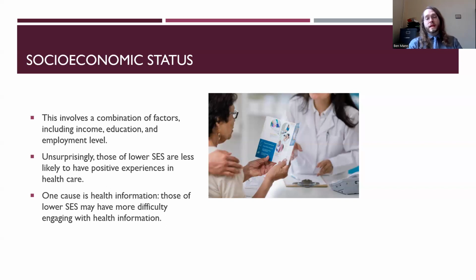So one issue related to this is health information. Those of lower socioeconomic status oftentimes have greater difficulty engaging with health information. It isn't that people aren't intelligent or not able to understand material. It's that they haven't been in that world to the same degree. Someone is given a brochure, they're described a set of possible symptoms or issues that could make someone more likely to catch a particular condition. And that information has just not been accessible, available, or part of one's life to incorporate in that regard.